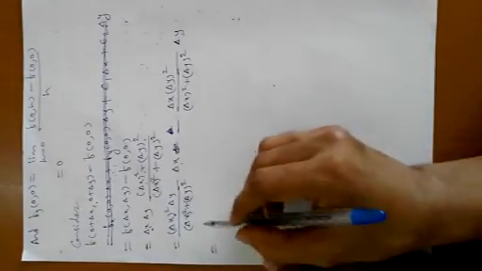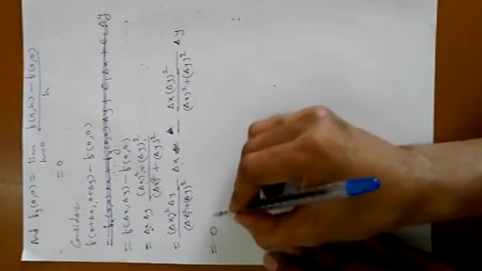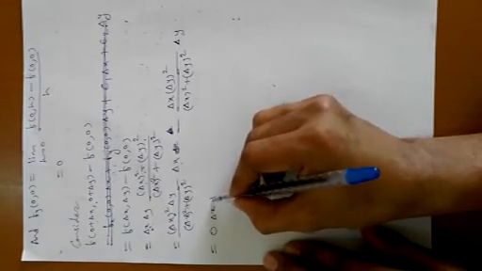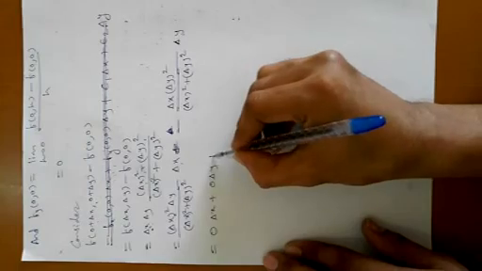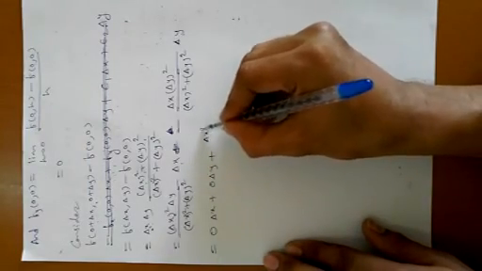Now we can easily write this as 0 into delta x plus 0 into delta y plus delta x square